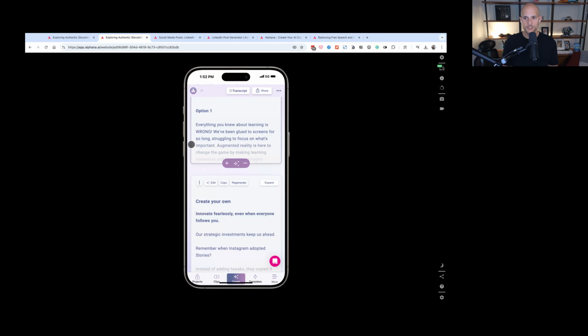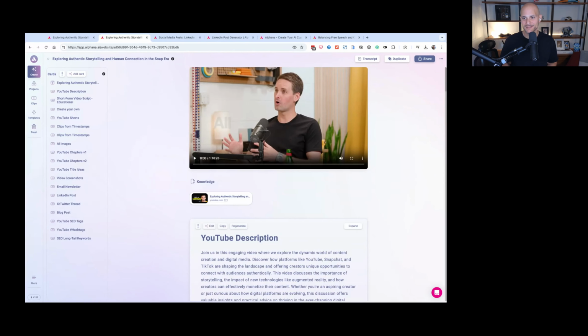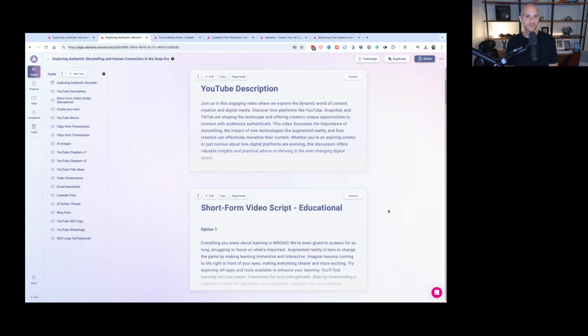So take advantage. If anyone wants to use it on their phone, you could easily pop this open on a cell phone as well. That's great if you're shooting on Instagram or TikTok and you want to quickly upload the video. I love using Alphana a lot more on desktop. So definitely if it's easier for you, you'll see it's more optimized. You get a lot more screen space for sure.